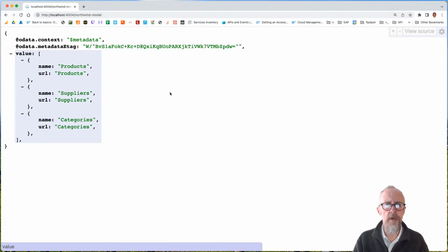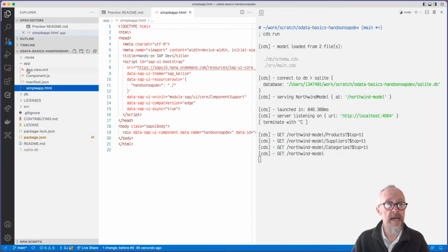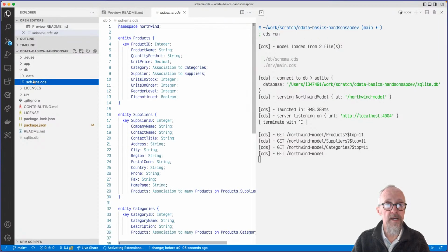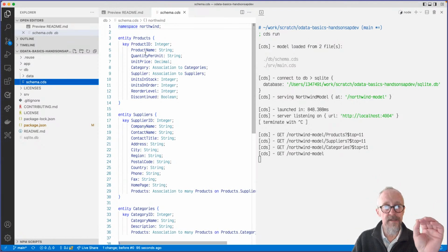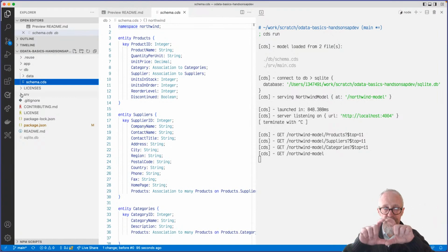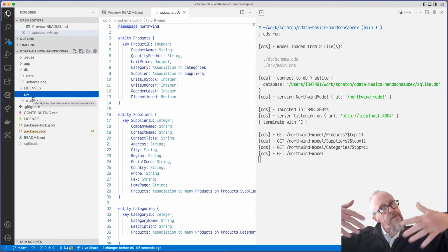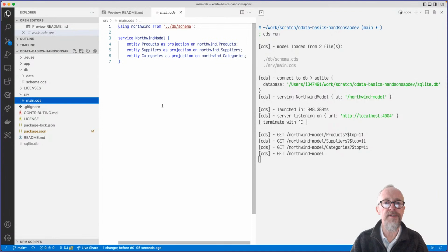By the way, the reason it's called Northwind-model is simply because in my schema here, I've got the Northwind namespace with the different entities: products, suppliers, and categories. But that namespace is not to be confused with the service. The schema is at the persistence layer, the data definition, what shape the data is at the persistence layer, effectively, or near the persistence layer. One layer above that is the service layer, where we can define our services, different views, different ways into that